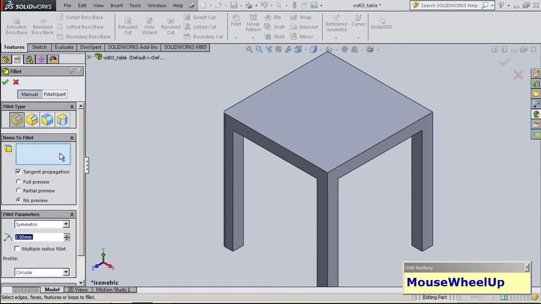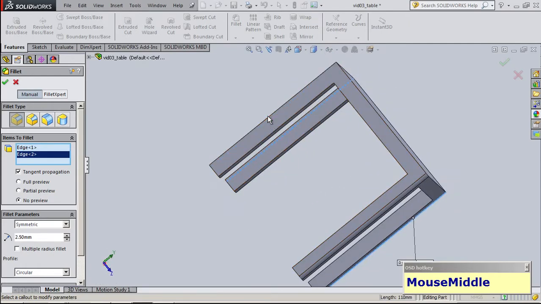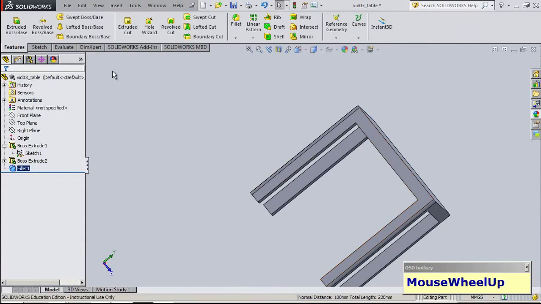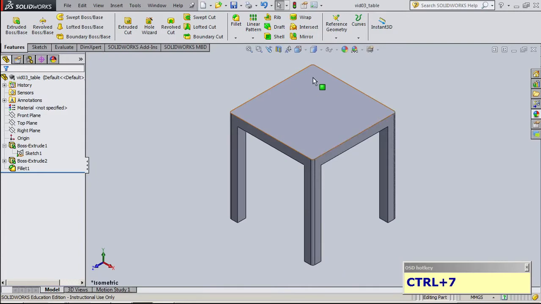This gives you different ways in which you would fillet. So I'm going to click on the edges. I'm going to fillet this edge, this edge is already filleted. So I'm going to fillet this edge and then say OK. Right. So as far as the drawing itself goes, you don't see too much of a difference between this fillet